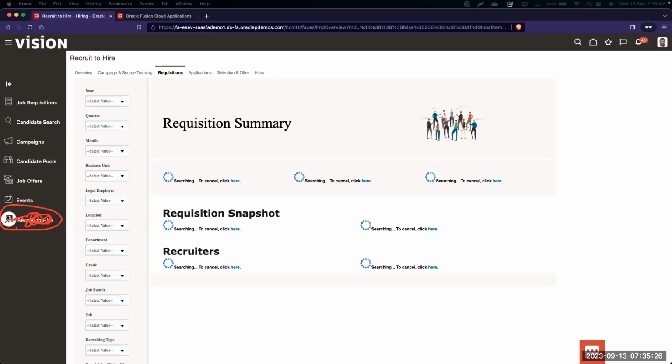So how do we display it? We have to do certain customizations to bring up the recruit to hire link here. We have to create a sandbox, we have to create some page templates, and then we have to create these mappings here. So once we go into detail in our training sessions, as part of the recorded sessions, we'll see how to enable this particular recruit to hire link in the hiring screen.